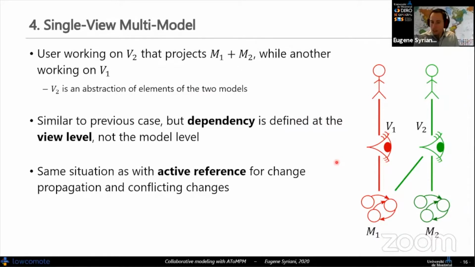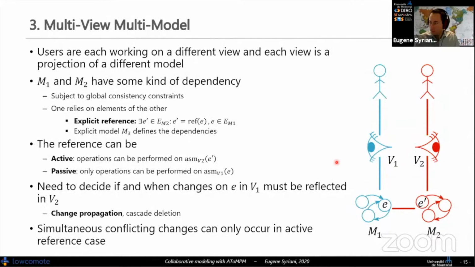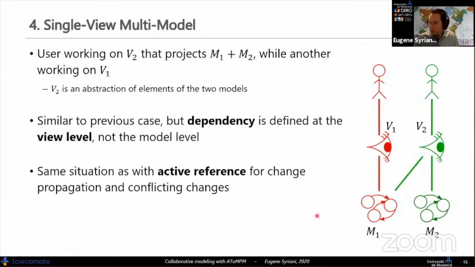We can go back to the previous situation and consider that it's like having an M3 model that refers to these two models, and then I have a view on that one, right? So it's kind of equivalent. And since we consider views as models as well, it is usually solved similarly to the previous case.